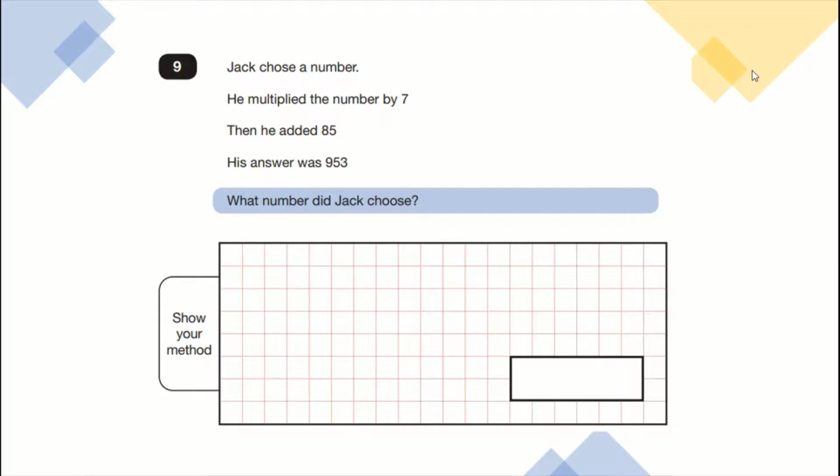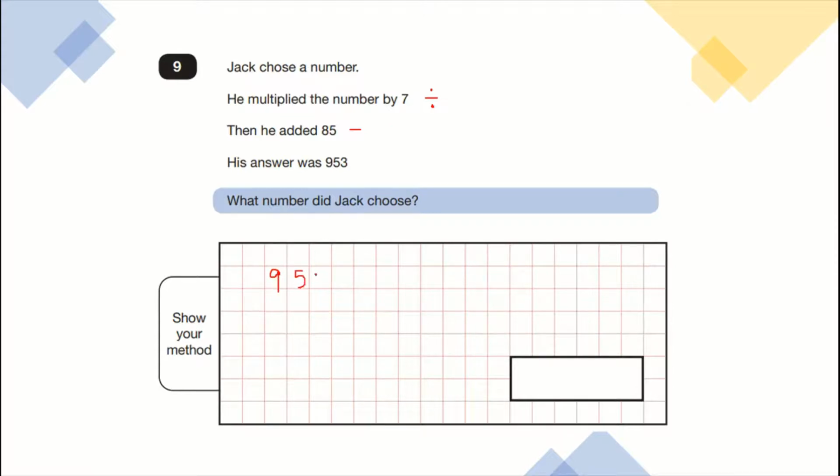Question 9. Jack chose a number. He multiplied the number by 7. He then added 85. His answer was 953. What number did Jack choose? So we have to do the inverse operation. So instead of adding, we're going to take away, and instead of multiplying, we are going to divide. So we're going to start off by doing